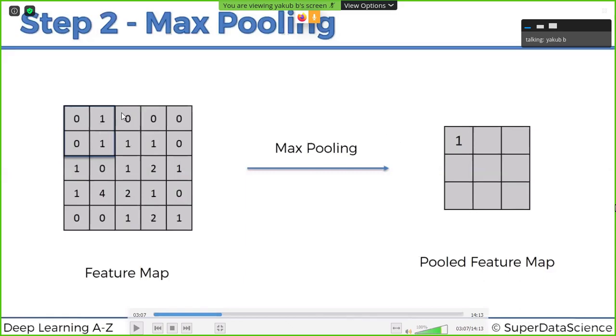Next time, I want to switch to the next 4 digits, that is, I want to take another 2 cross 2 matrix. Again, from this, I want to take the pixel having maximum information. Like that, I am reducing the size of the feature map. To detect one specific feature, we need to consider these many features.